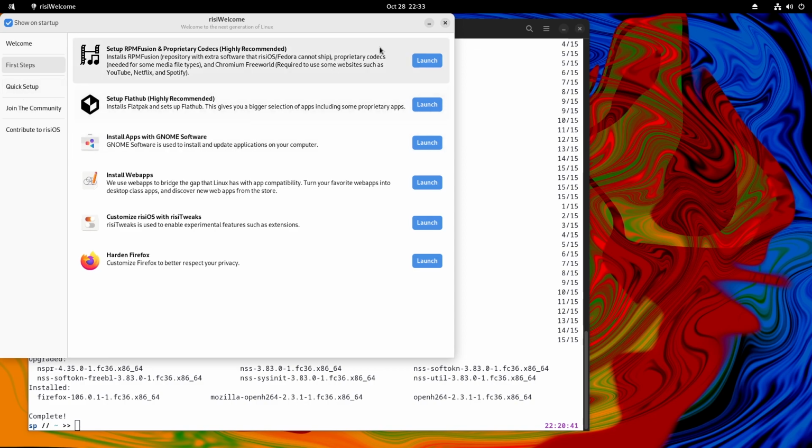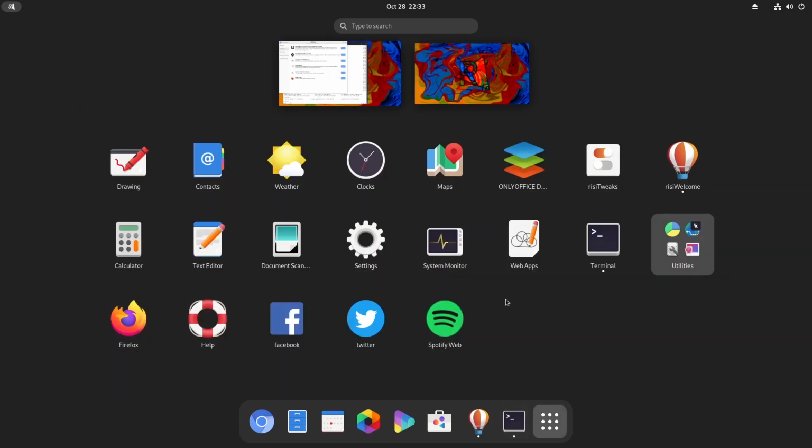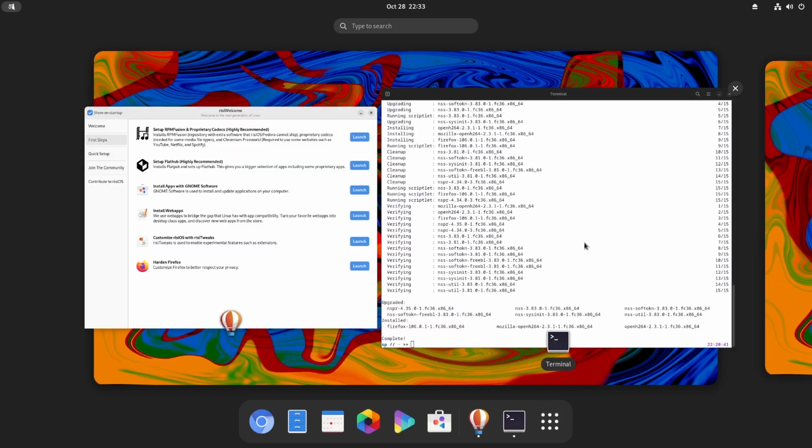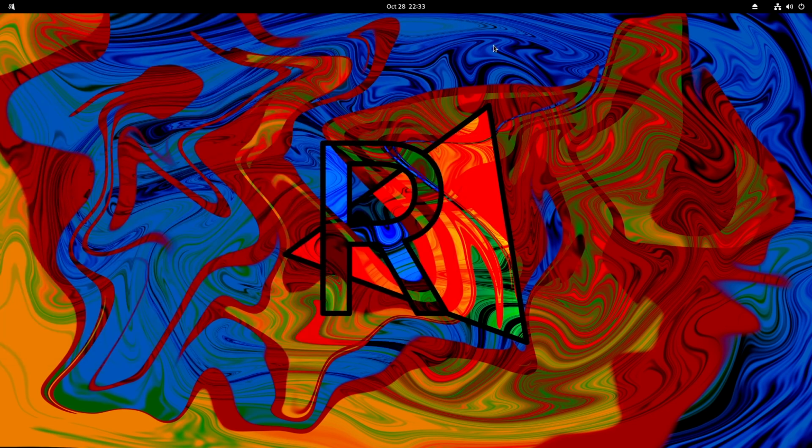Okay, and then we don't need to install the GNOME Tweaks anymore because Risi Tweaks is here. Okay, I will close this.